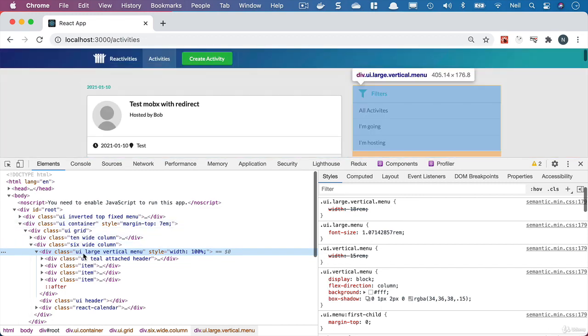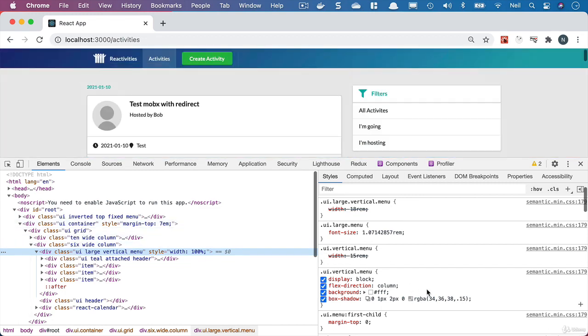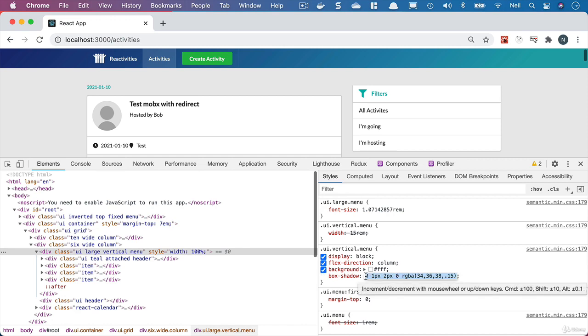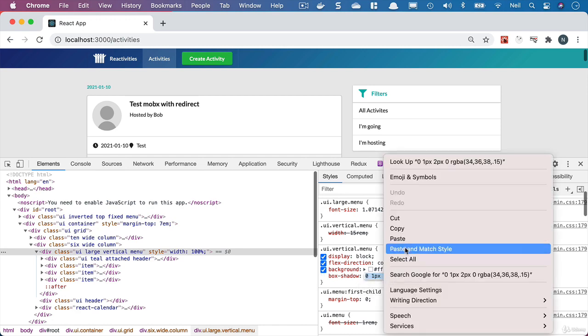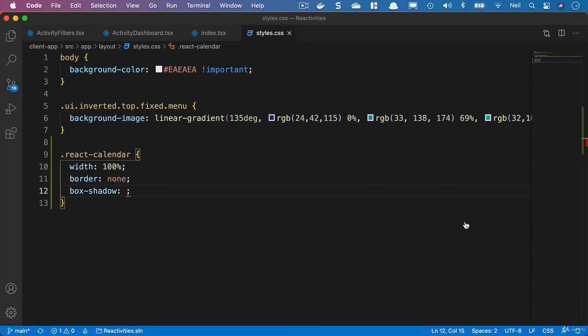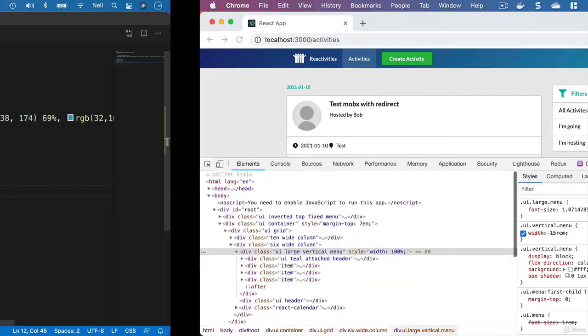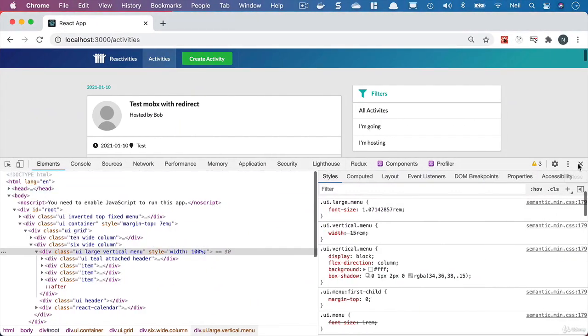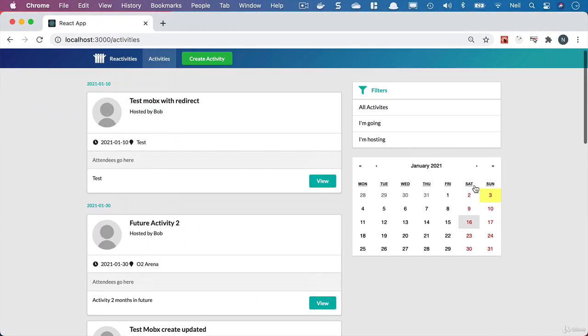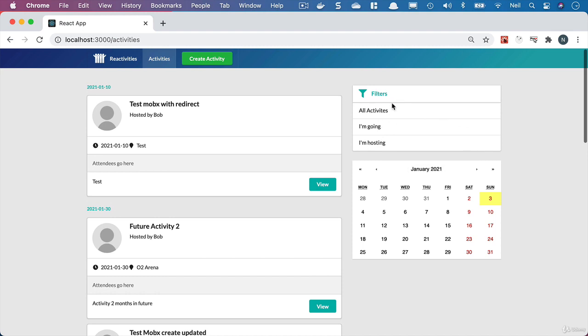So if we click on the UI large vertical menu, then what we can do is just copy the information that we have inside here and then paste this as what we're using for our box shadow. And if we go back and take a look at our calendar, now it's slightly closer to what we're doing in our activity filter. And all we need to do then is just bring down our filters from the top here